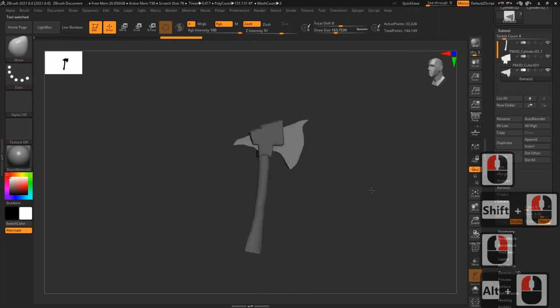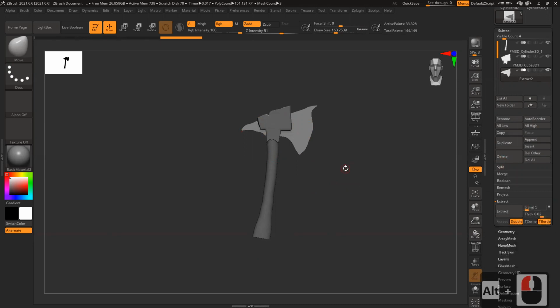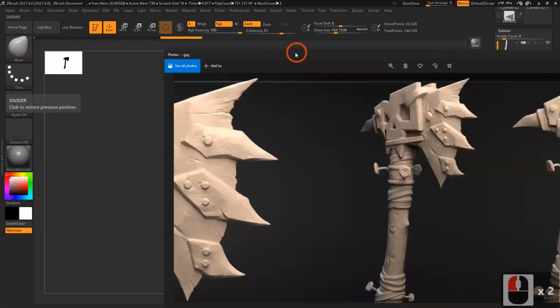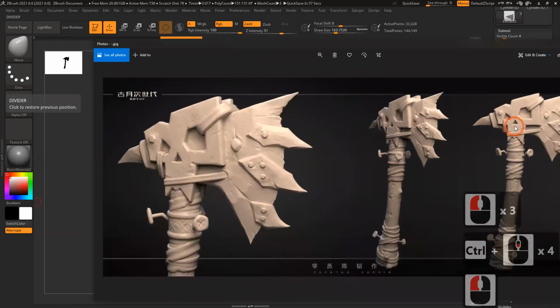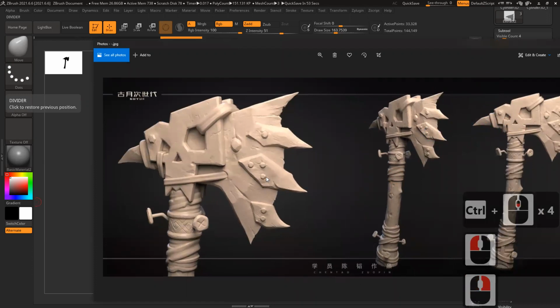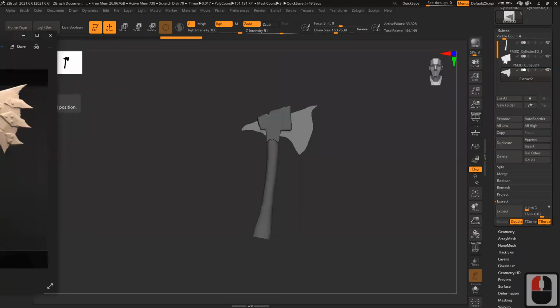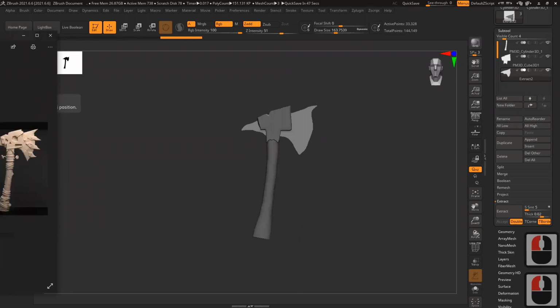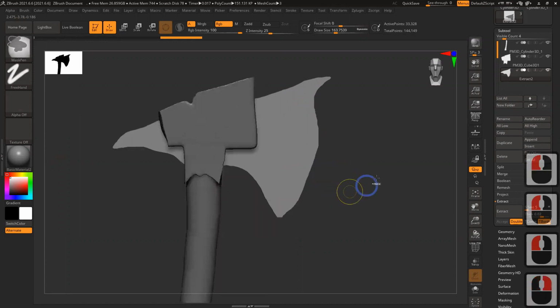So like this, I can create the basic shape. Still, it's basic blocking only, nothing fancy. Now, I want to create other parts like these holes and these nuts and bolts and all these things. All these things I need to create. So how do I do it? Blocking first. So let's see, basic shape.